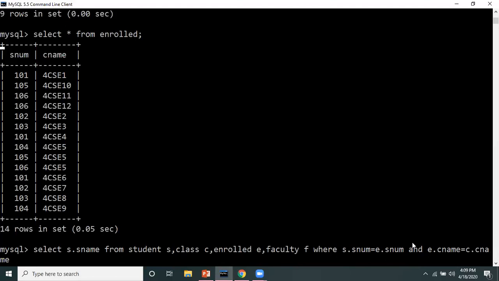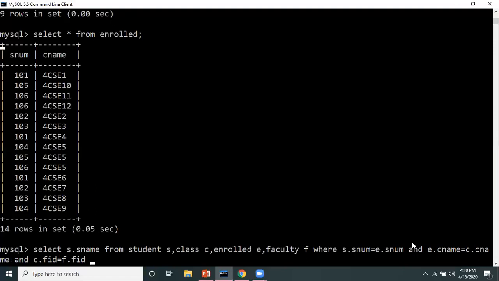Next, what is the condition we want? Next, from class we will get the faculty ID. So C dot fid should be equal to F dot fid, right? So all this will remove my redundant tuples.